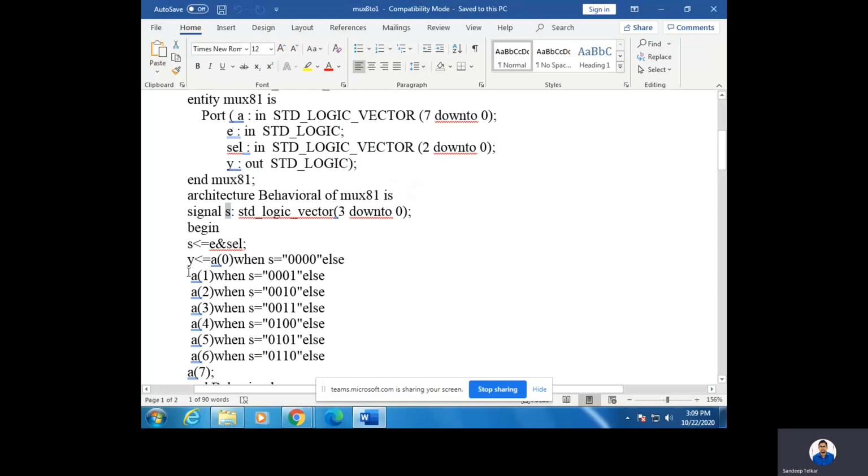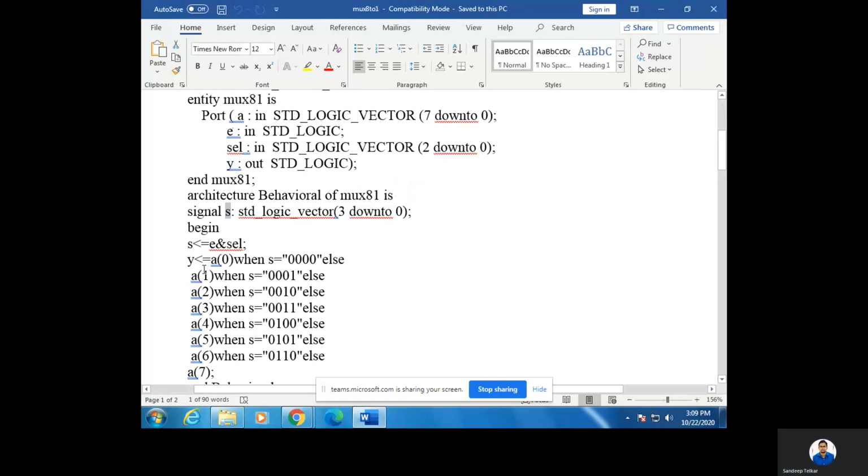The next logic of the program is you write y is equal to. Remember, the operator for equal in HDL is written as less than or equal to. So this is similar to the equal operator. Y less than or equal to a of 0.